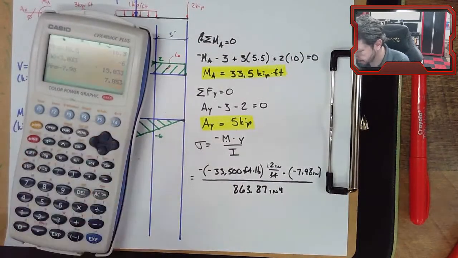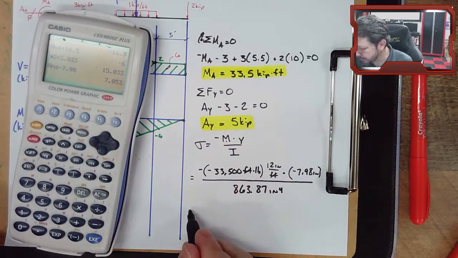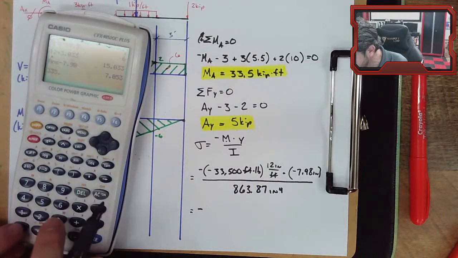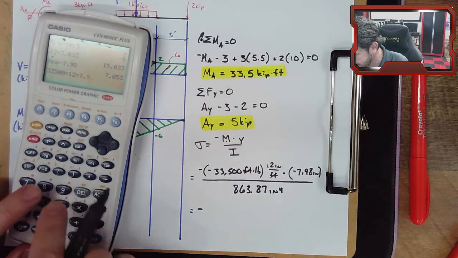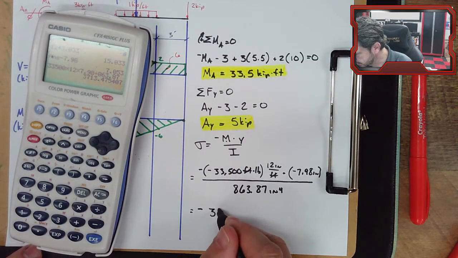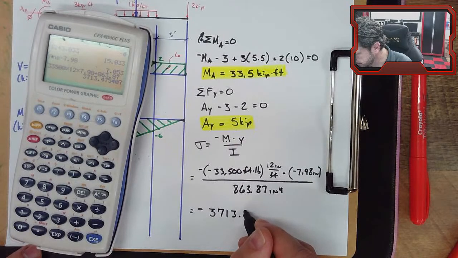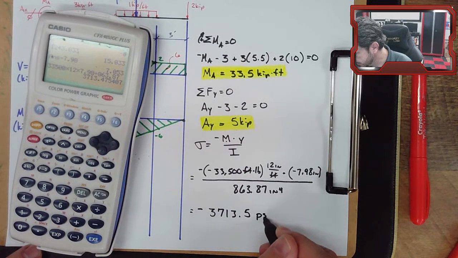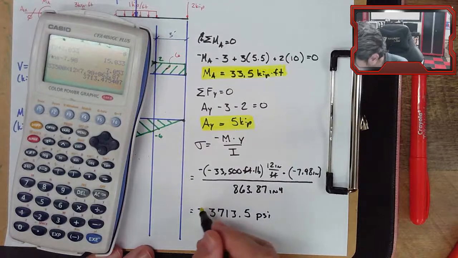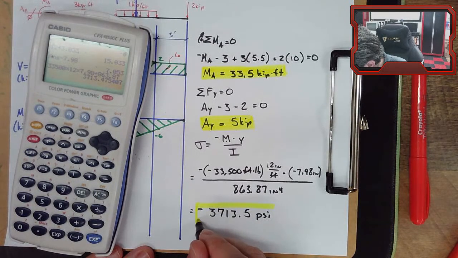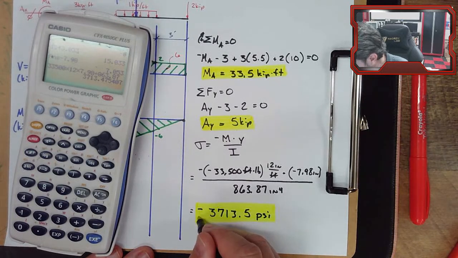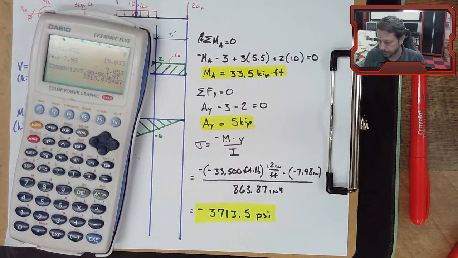And we do the math. So we end up with negative, negative, negative. We end up with a negative number, which makes sense because we said it was going to be compression. 33,500 times 12 times 7.98 divided by 863.87, 3,713.5 psi. So that's not a lot of stress for a steel beam. That's well within factors of safety, a factor of safety of 10 or so for most steel beams, and even more for other harder beams,